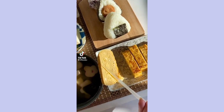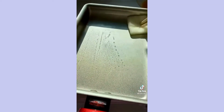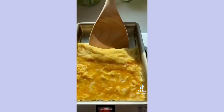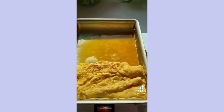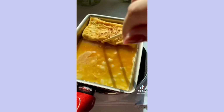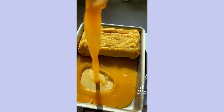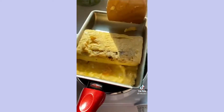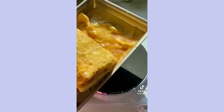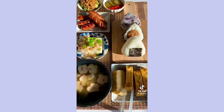How to make tamagoyaki. Ingredients: oil pan, pour egg, cook halfway, and bring egg to one side. More oil and egg, tuck and flip. Keep repeating process. It doesn't have to be perfect. Flip, flip. Oil, egg, tuck, flip, flip. Woohoo, almost done. So many layers. Squeeze to side of pan to shape. And that's